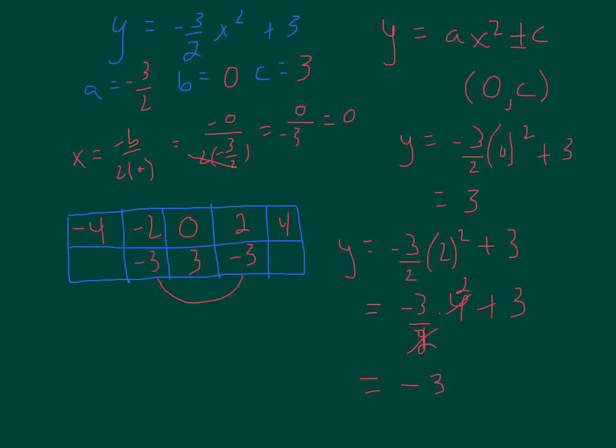3. I'm going to do the same for 4, and I'm going to get negative 21, and for negative 4 I'm going to get negative 21 as well, and then I'm just going to sketch a quick graph. Since I got such huge negative values, the only positive value I have is 0, 3, right? I'm just going to say that this point right here is 0, 3, and then 2, negative 3 is going to be right here, and negative 2, negative 3 is right there, and 4, negative 21 is way down here,